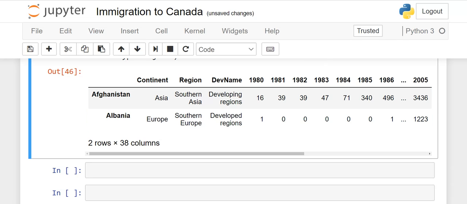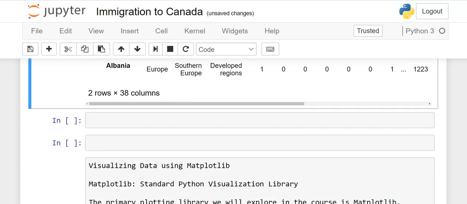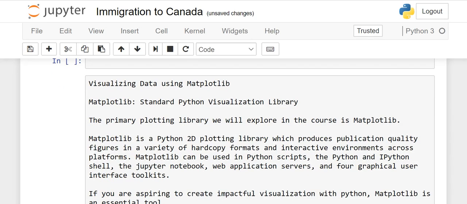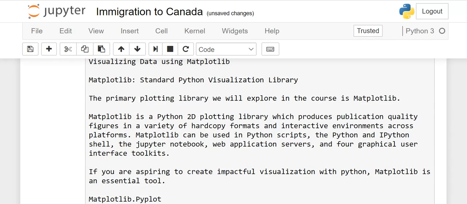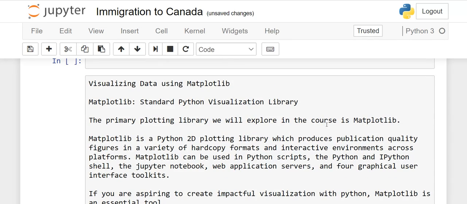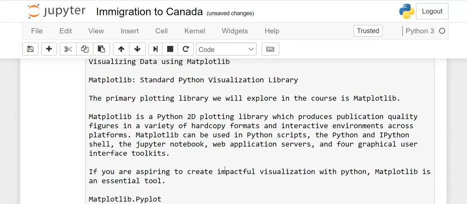Right. So the first and second parts of our questions are clear now. Now the last part is visualizing data using matplotlib. Here I have written some information about matplotlib. Matplotlib is a standard Python visualization library. The primary plotting library we will explore in this course is matplotlib.